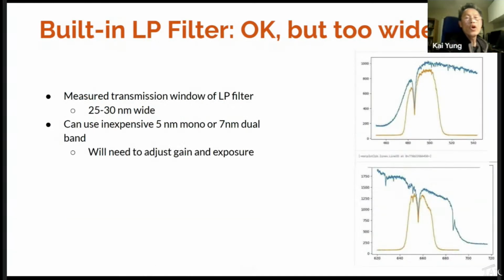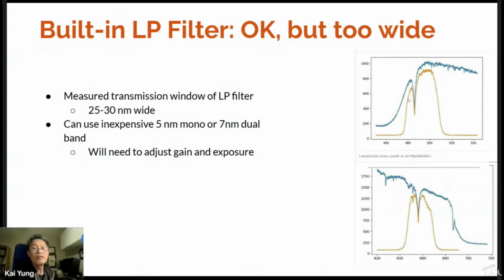One thing you may notice is that inside Seestar, there's a light pollution filter that's supplied to you. The light pollution filter is very wide. It's around 20 to 30 nanometers wide. I think it's even wider than the L-Enhance from Optolong. So in a relatively light polluted sky, you do get some filtering of light pollution, but you're not getting much. You still see a lot of light pollution that contaminates your signal.